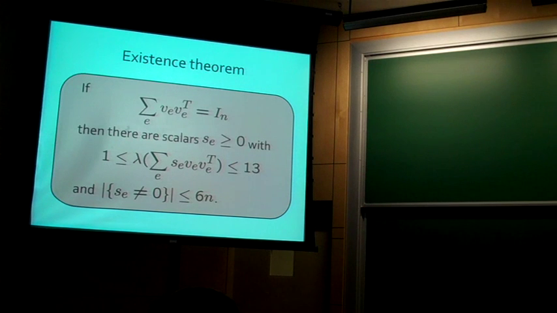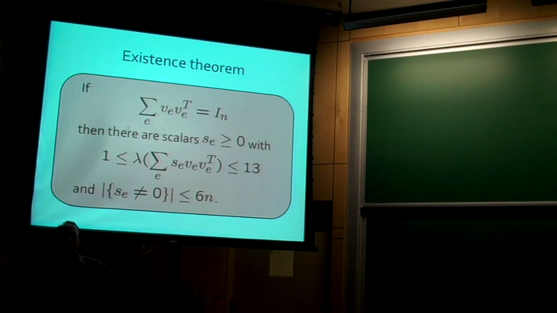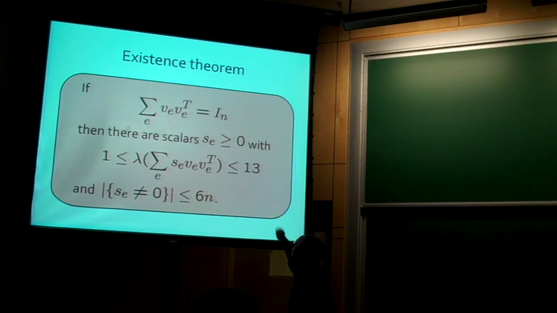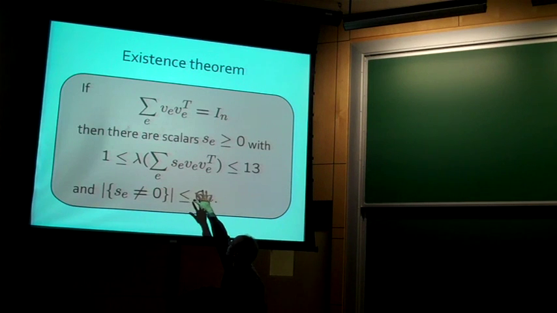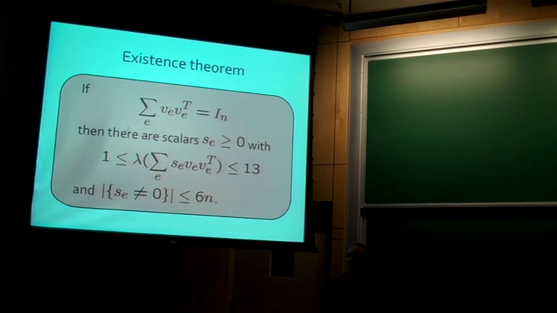Okay, let me state the main theorem again. If you tuned out graphs and you prefer matrices or operators, you can come back now. This is all we're going to be dealing with for the rest of the talk. So here's the fundamental statement. You give me a bunch of vectors, so that the sum of their outer products is the identity in n dimensions. We'll then show that there are scalars, so that when you take the eigenvalues of a sum of these scalars times the outer products, all the eigenvalues are between 1 and 13. And we're only actually using at most 6n of the vectors. So we'll use few of the terms in the outer product.